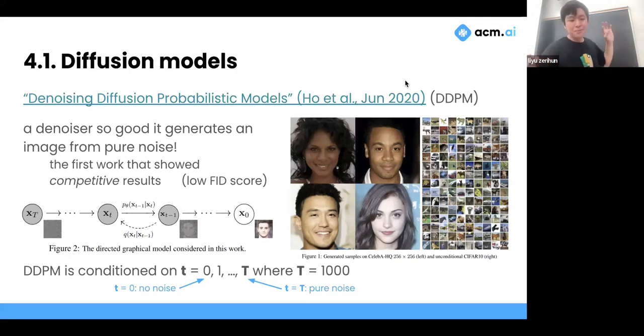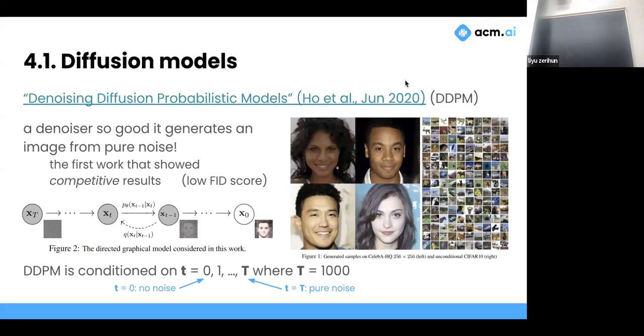Okay, I know this is a lot, but I'm going to walk through everything very slowly. So the DDPM, or almost like the first variation of the diffusion model, is conditioned on something called T. When we say conditional, we mean we're passing this T value into the model as we're training, right? The model is dependent on what this T value is. Basically, in addition to the input noised image, it also takes in T as an input. When T equals 0, the image that we pass in has absolutely zero noise. And T equals some big T, in this case T equals 1000, which is what they showed in the original paper, is pure noise.